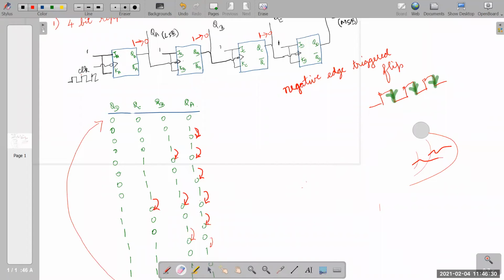What is a down counter? A down counter will count downwards, am I right?